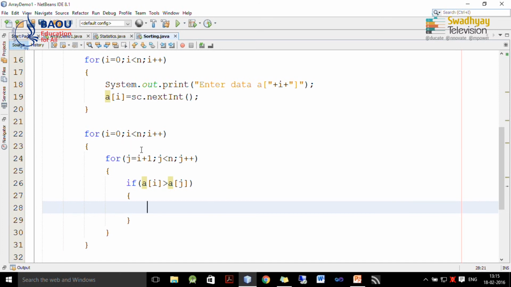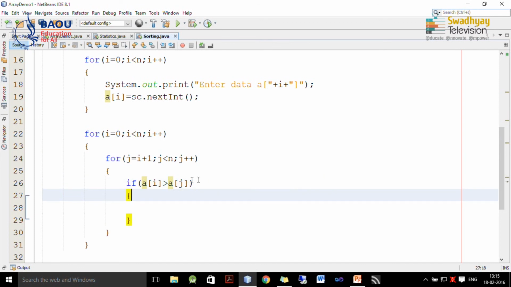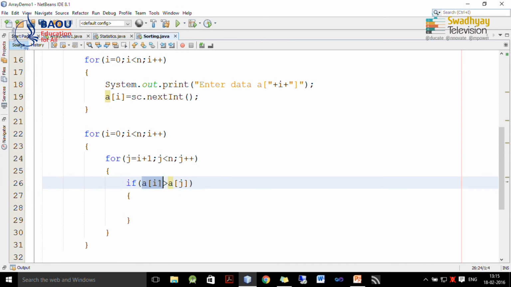Now, how does this work? So, actually this coding means we take each element of the array one by one starting from 0, then 1, then 2 and so on, and the inner loop starts from I plus 1. That means, if I take the first element, my inner loop starts from the second element to n. So, here we are checking whether any element smaller than A of I is available.